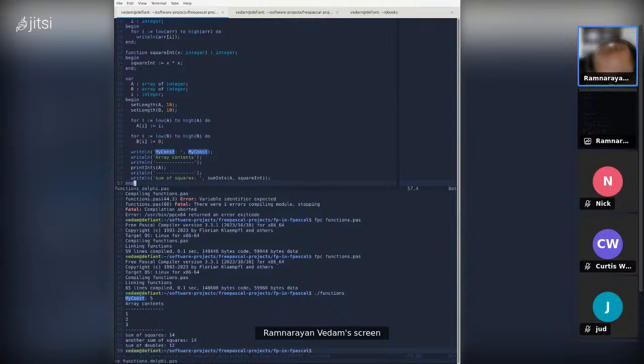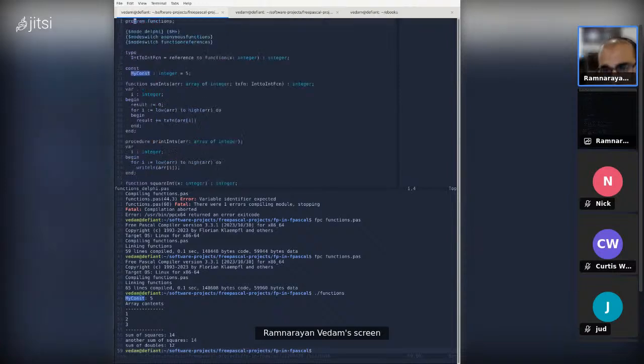So let's start at the top. To start with, just like before, we're using a compiler switch here, and we switched from object FPC to Delphi. There are some additional compiler switches here that I'm using. This is the mode switch to switch dialects, but this $H plus is dealing with some warnings that is kind of irrelevant to the discussion right now.